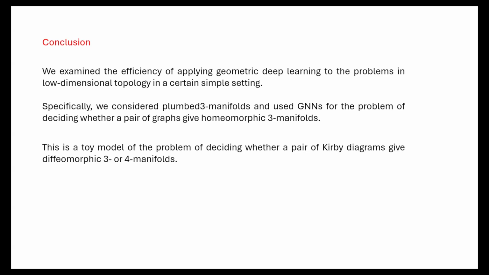to understand 3-dimensional topology or 4-dimensional topology. One direct generalization is just to use the generic planning graphs, and the other way is to use some kind of tangle diagrams for knots and links. Then we have to consider the 3 types of Reidemeister moves, and then 1 type of Fenn-Rourke moves, corresponding to Kirby moves. So this is a very simple toy model of deciding whether a pair of